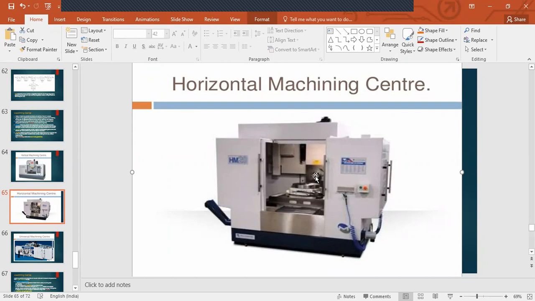It is horizontal, right? It's not accessed from the top, it's accessed from the sides, right? The workpiece will be kept here, and it is able to do machining, right? The tool will move, and the workpiece, I believe this work table can rotate, so that you can give the different sides to this tool for it to machine it, right? Is this clear?